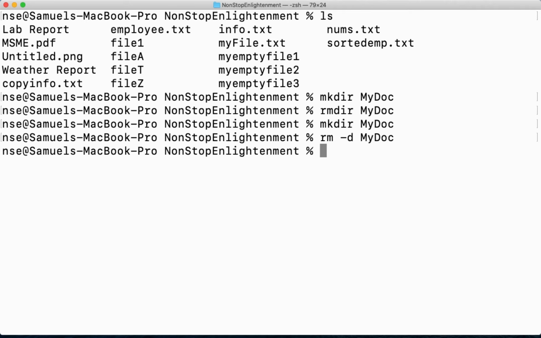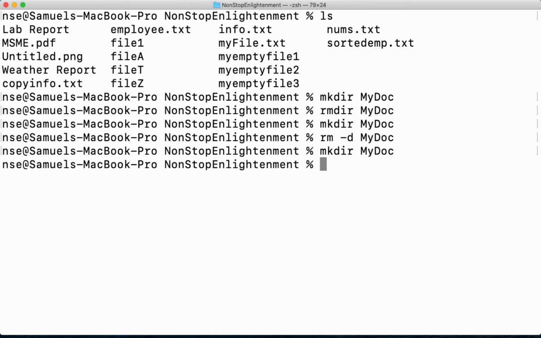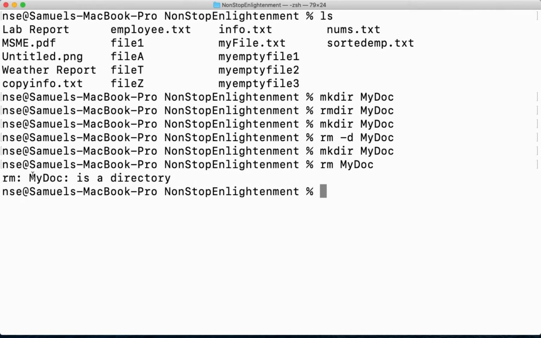But is it possible with plain rm? No, directly with rm I cannot do it. If I say rm mydoc, it will throw an error because mydoc is a directory, which I cannot remove with just rm. So to remove a directory, I either use rmdir followed by the directory name, or rm -d followed by the directory name.